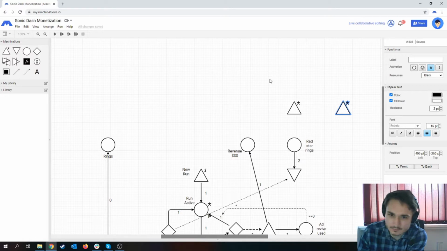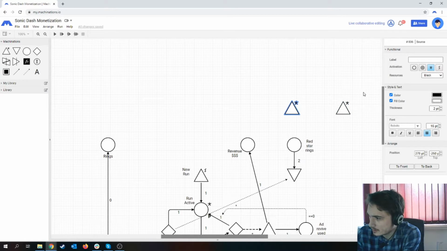I'm just gonna implement the cheapest 2 ones because I'm a cheap bastard, and